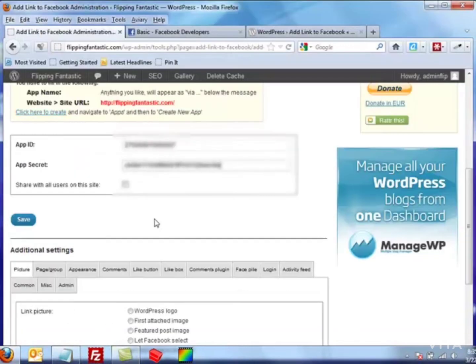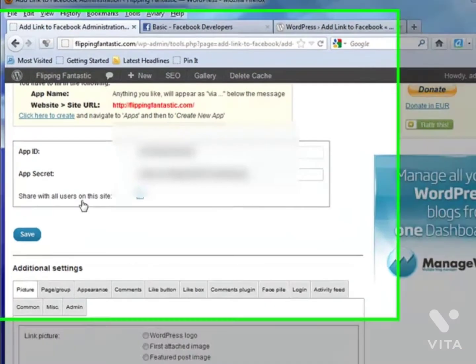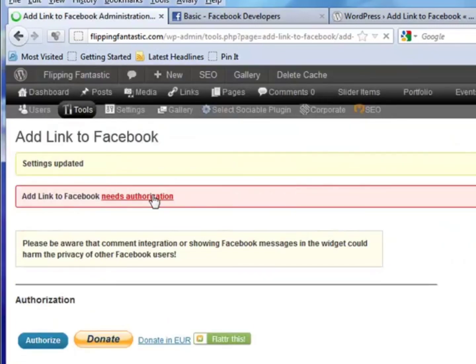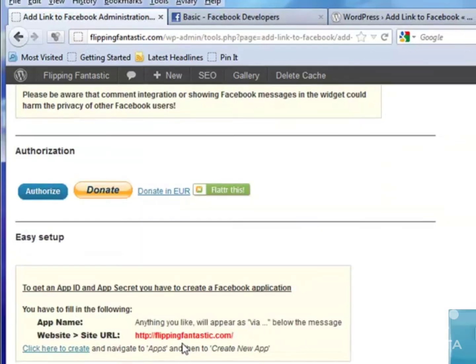Whoops. I'm not going to click that box. I don't want to share with all users in the site. Now I'm just going to click Save. I'm going to get an error message that says I need authorization. So I'm going to have to go back